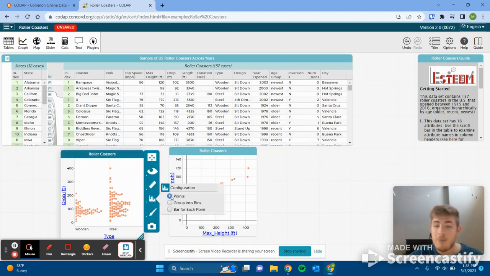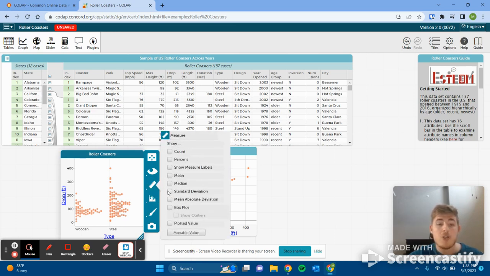And do not worry about separating these into different groups. We will not be using that in this one. You can also, for the qualitative one, find percentages, how much is on each side. You can show the mean of each. You can show the median, the standard deviation, right? So this is represented more of a box plot shape, but it still falls into the scatter plot category that